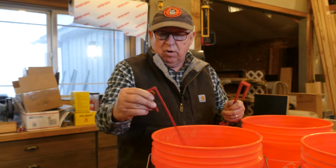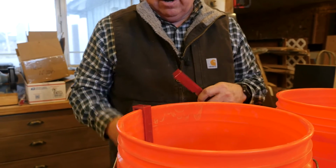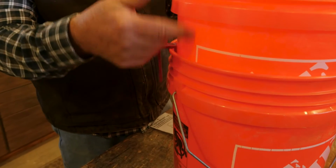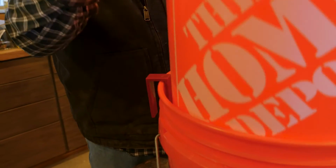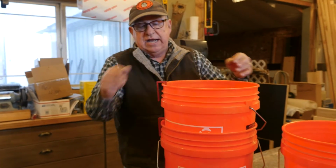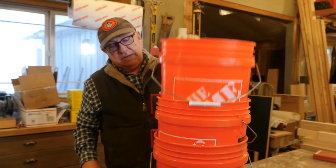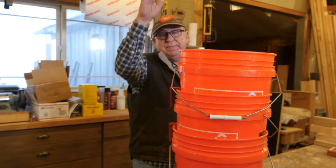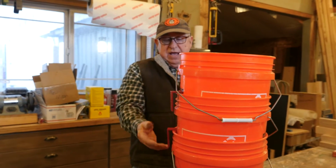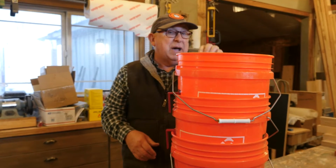So you just simply take one, hang it over anywhere you want on the bucket here, bring in your next bucket. As you can see, there's a gap that forms right here. Therefore, no vacuum at all. You can do that. Just go to the next one, stack that up like that, and you can just go up as high as you think sound judgment warrants, and you've got a solution that just keeps those buckets ready